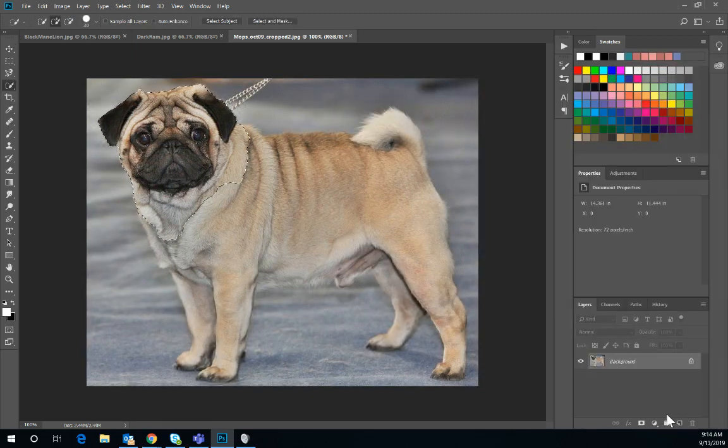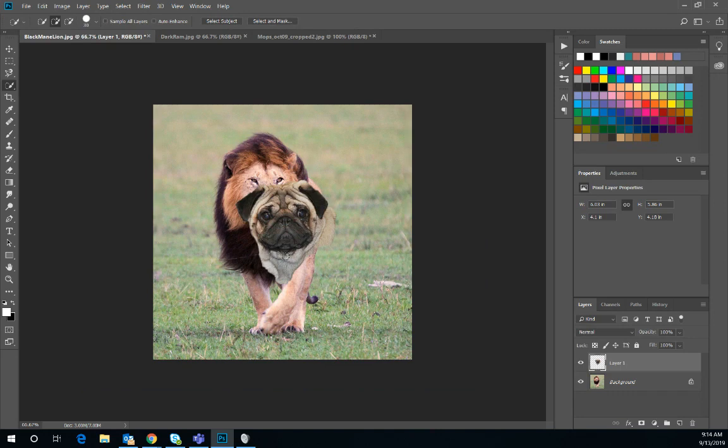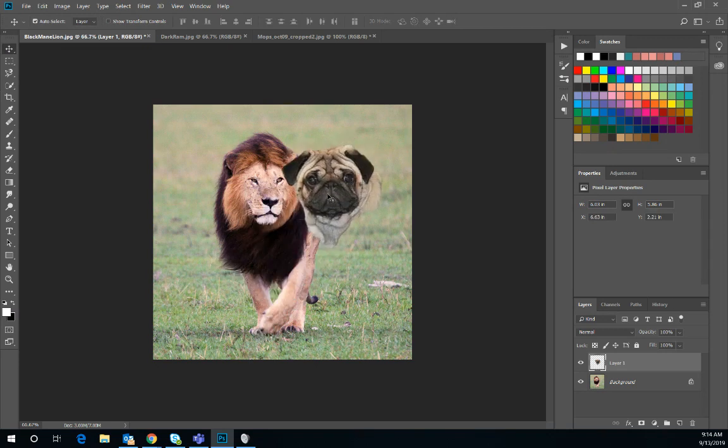So once I have that already, what I could do is Control C to copy. I'm going to go back to my black-maned lion, and right here I'm going to press Control V, as in victorious, to paste. Now what I'm going to do is use my selection tool to adjust, and look at the face proportions from one to the other. So I'm going to hold the Control key and press the T key right here, and hold the Control key to sort of